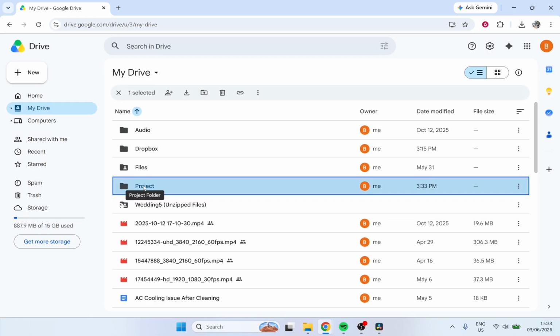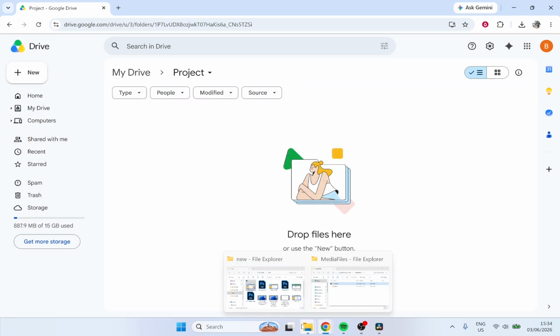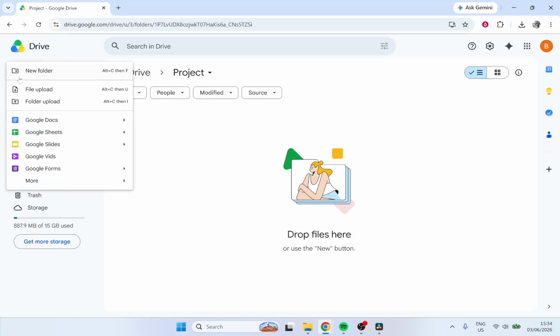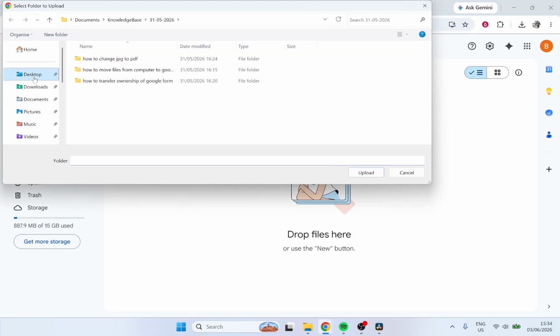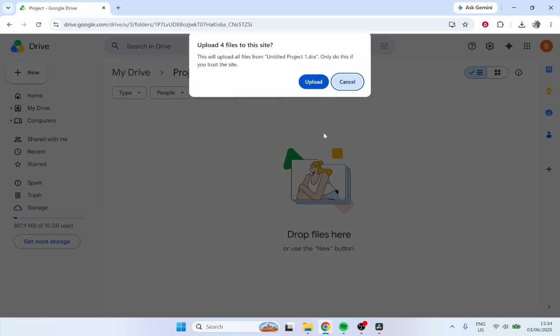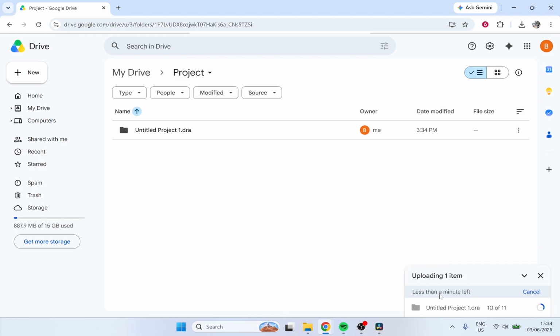Now we should be able to find the project folder and open it. Here we can then go and open up File Explorer, and you can find the file this way. Or you can go New, Folder Upload, then find the folder from DaVinci Resolve, then click Upload, and then Upload again. Now this may take a while depending on how many clips and how much data you've got,